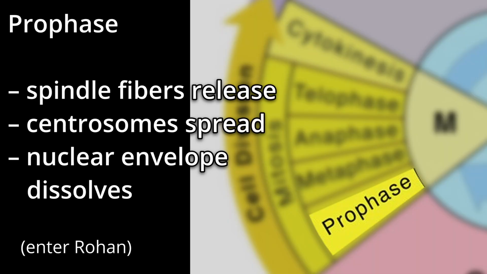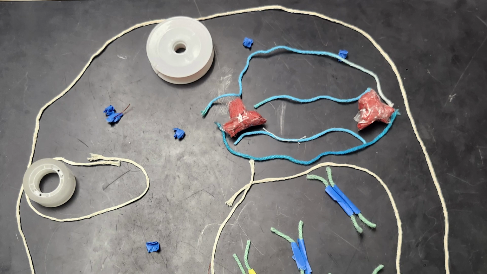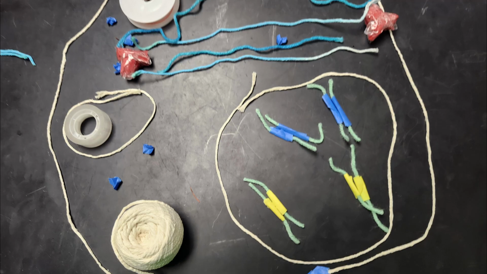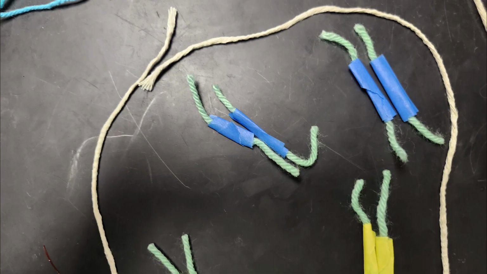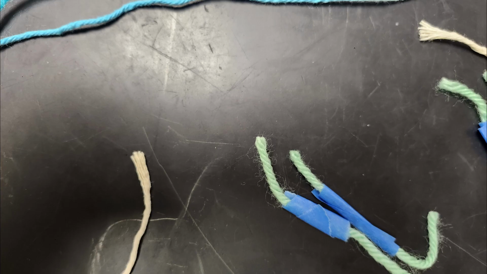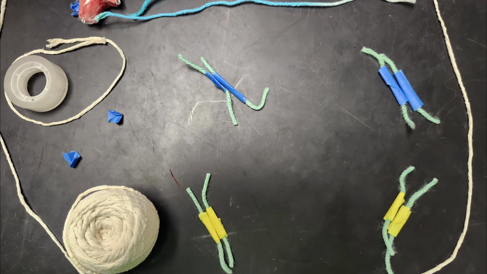Now, on to mitosis, starting with prophase. During prophase, the mitotic spindle fibers begin to form outside the nucleus. The centrosomes begin to move to opposite poles of the cell. The sister chromatids begin to condense into chromosomes, their chromatin becoming denser, and the nucleus begins to dissolve, preparing for metaphase. The nucleus is fully dissolved by metaphase.